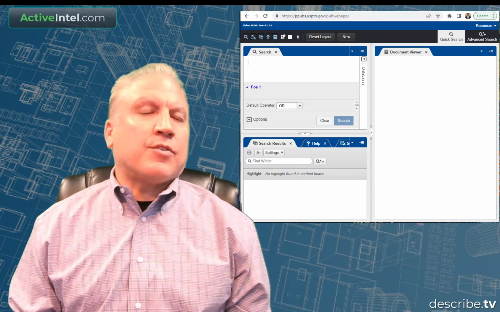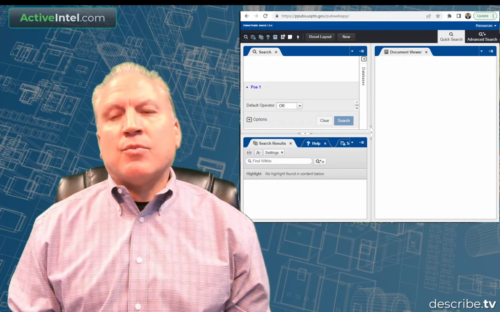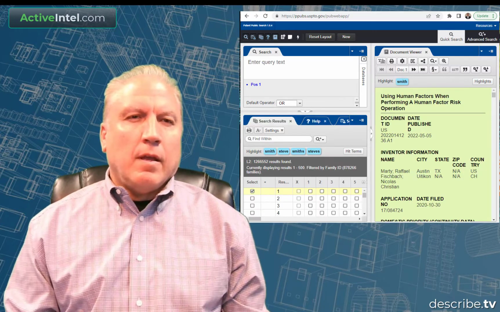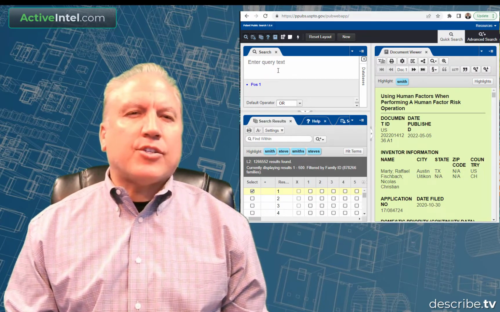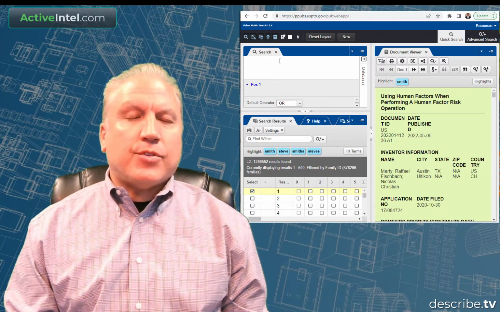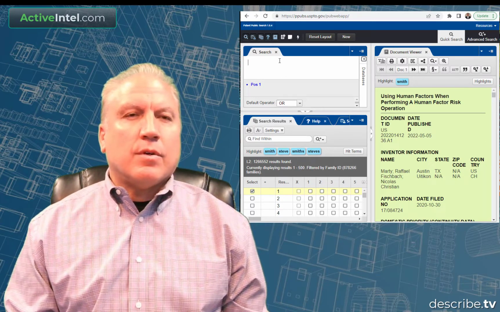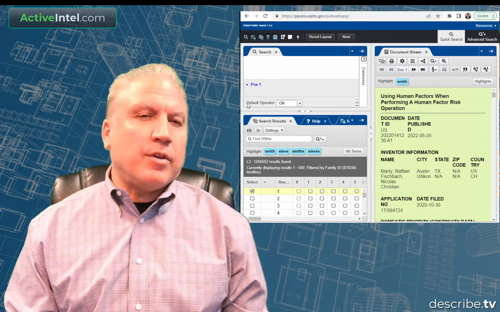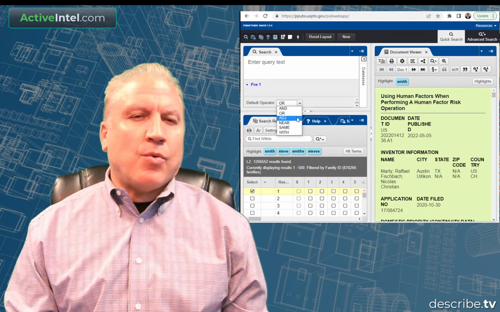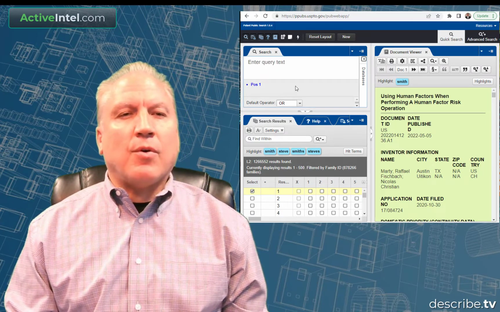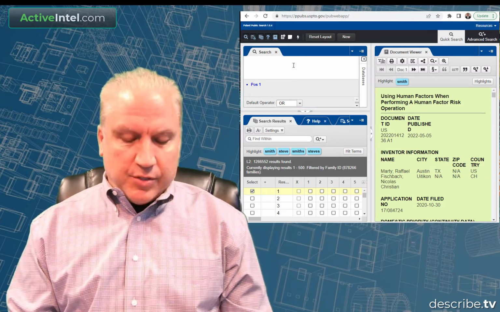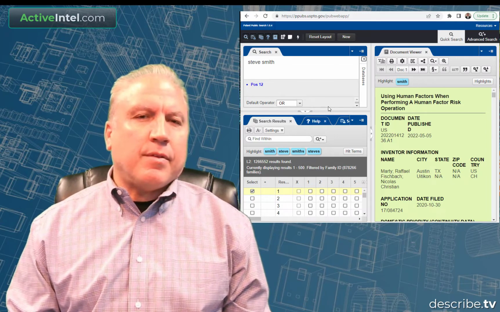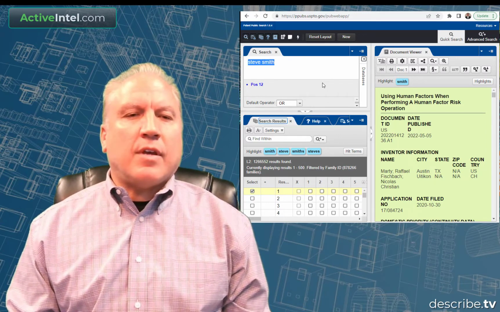You want to put in the terms that have to do with the nature of the patent. And in this search bar, you can actually enter names, keywords, company names, or whatever types of Boolean search you want to use. And you can also see default operator: and, or, adjacent, near, same, with. So you can use this as a powerful tool. Let's just say you want to find patents for Steve Smith. You put in Steve Smith, you hit enter, and it's going to tell you that there are,